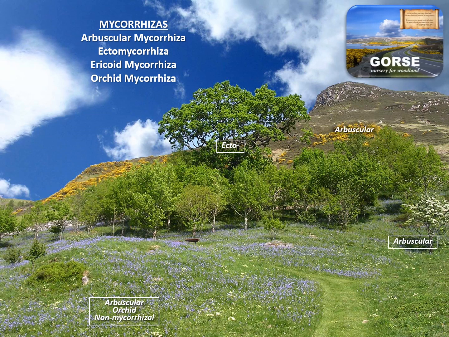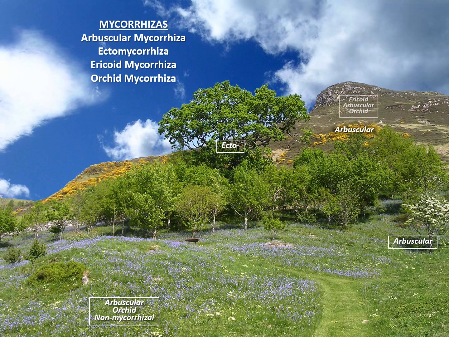Gorse, which paints the hillsides bright yellow in spring, is also arbuscular mycorrhizal. The open hillsides, where soils consist mainly of peat, are very different. Phosphorus is not the main limiting nutrient, whereas nitrogen is, so many plants growing there require ericoid mycorrhizal fungi, which can mineralize the organic peat, releasing inorganic nitrogen compounds that the heathers, bilberry and other ericaceous plants require.